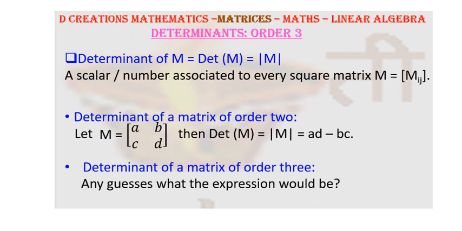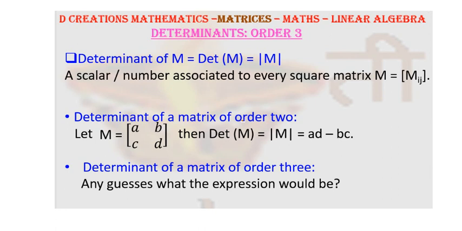For the past few episodes, we have been looking at the broad topic of linear algebra, and in that, our focus is on matrices. In the last episode, we studied what a determinant is and also learned how to evaluate the determinant of a matrix of order 2. So we know that the determinant of a square matrix, remember the matrix has to be square, means the number of rows and number of columns should be equal. So the input is a square matrix and the output is a scalar or a number.